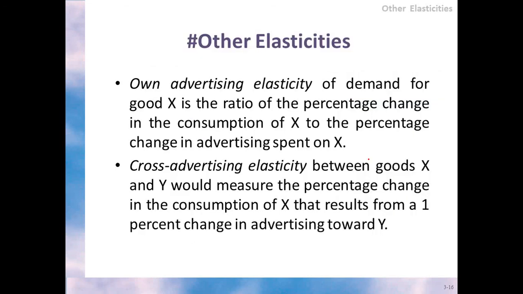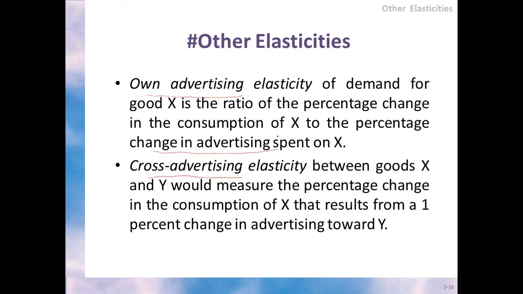The rest is other elasticity. Apart from the main three that you need to know, the own price, the cross price, and also the income elasticity, we can have other elasticities as well. For example, here we have own advertising elasticity and cross advertising elasticity. If you talk about own advertising elasticity, it means we want to look at what happens to the quantity of X